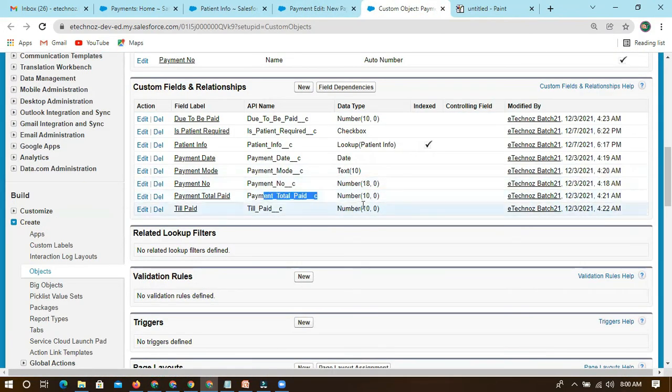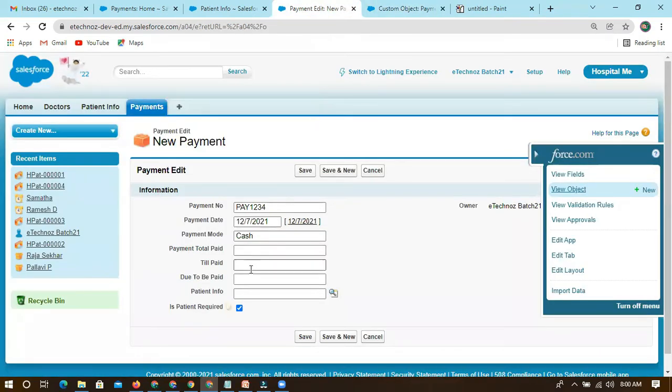Payment number, total paid, the numbers only, then it's fine. So payment total paid, let's take 1000, and till paid, total paid or total to be paid. Till paid 1000, and to be paid 60.